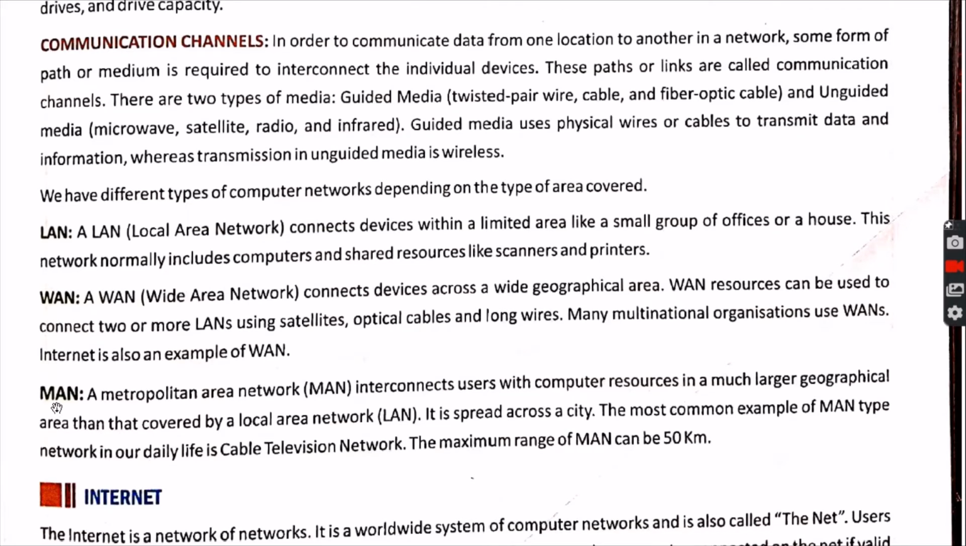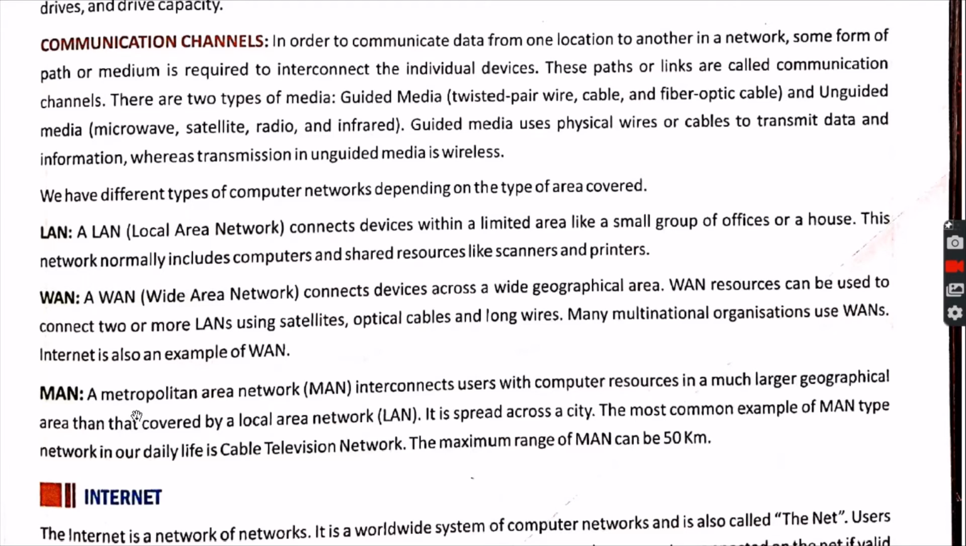Now the next one is MAN. So what is MAN? Metropolitan Area Network. Metropolitan is the term given for a developed city or a town where all the things are computerized and the lives are very fast. You can see Delhi is the example. Delhi, Chennai, Bangalore, Kolkata in India are examples of metropolitan cities, and so the network in those cities,